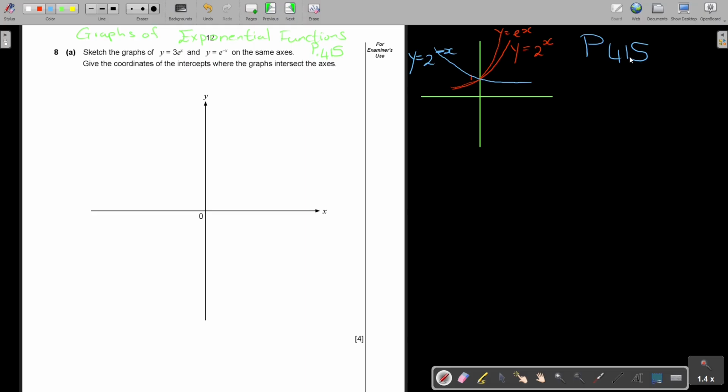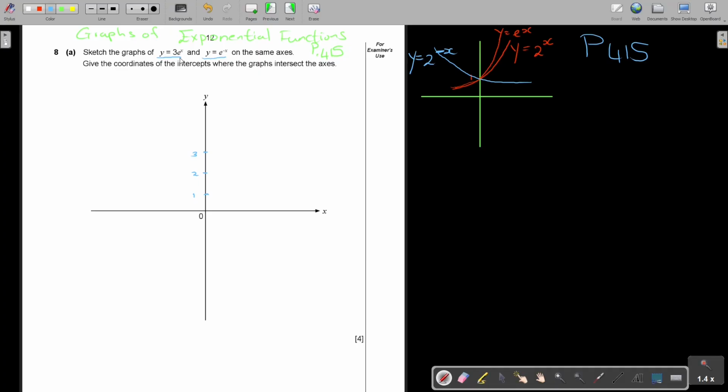Okay, let's start with this e to the power negative x. What you can do first is quickly mark your axes. Use your ruler. This is 1, 2, 3. Now, if you want to see where this one cuts, then it's actually just times 3. It's not going to cut at 1, but at 3. Let me just show you.